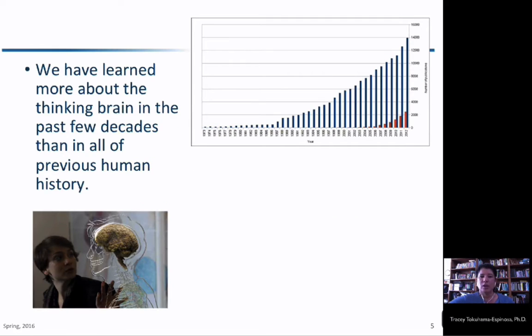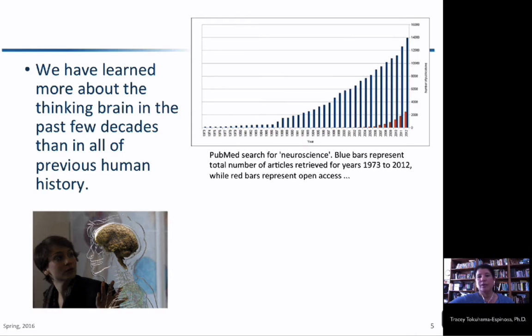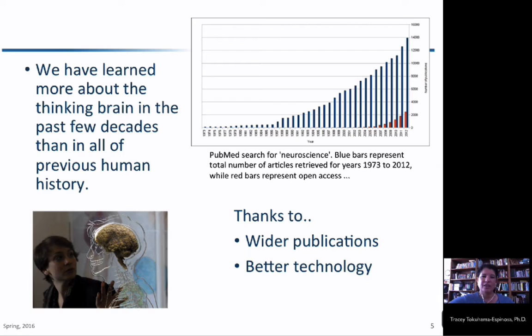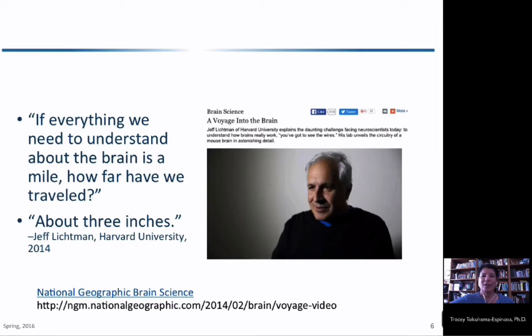The reason we know a lot more about the learning brain over the past few decades is basically there's a huge increase in the number of high-quality publications. But a lot of those things are dependent in turn on better technology. There's just been a huge advance in the way you can actually look at the learning brain, not only looking at how damaged brains result in deficits in human potential, but actually looking at how we can maximize potential through different types of stimulation. So to put all of this in a historical perspective, I'm going to share